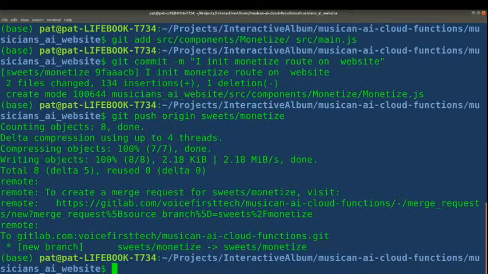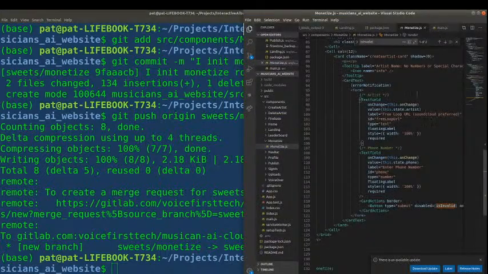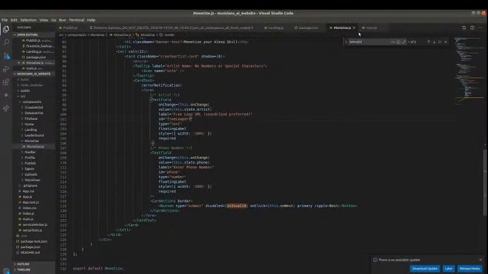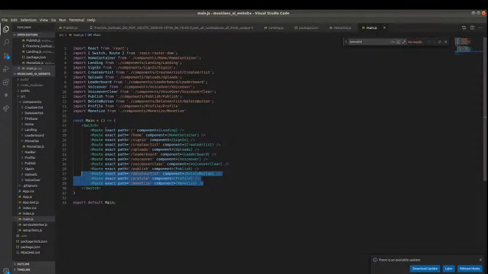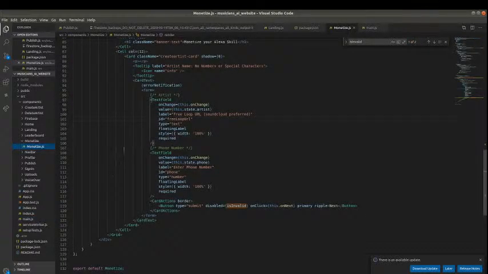But that's it. The goal of this video is to show you how to create a new route using Express and React. That's what we've done. We used main.js to add the route in. And as you can see up here, we've got React Router DOM. And then we created the new route. We added the monetize component, and we updated some of the text to display what we're about to be doing